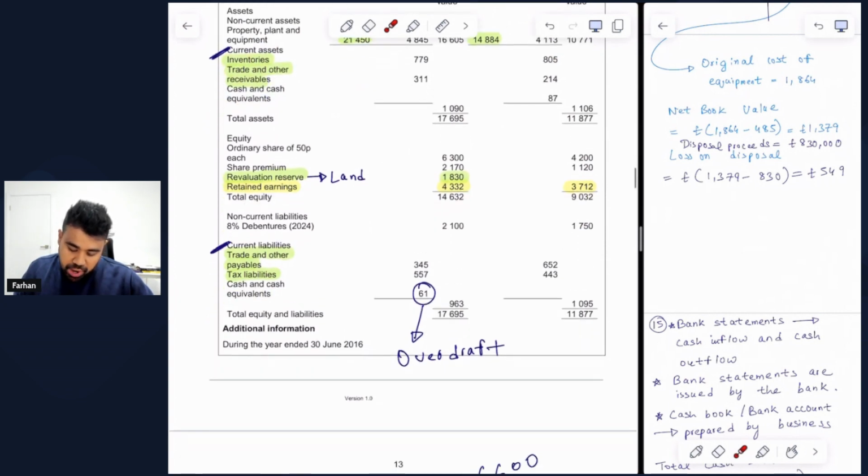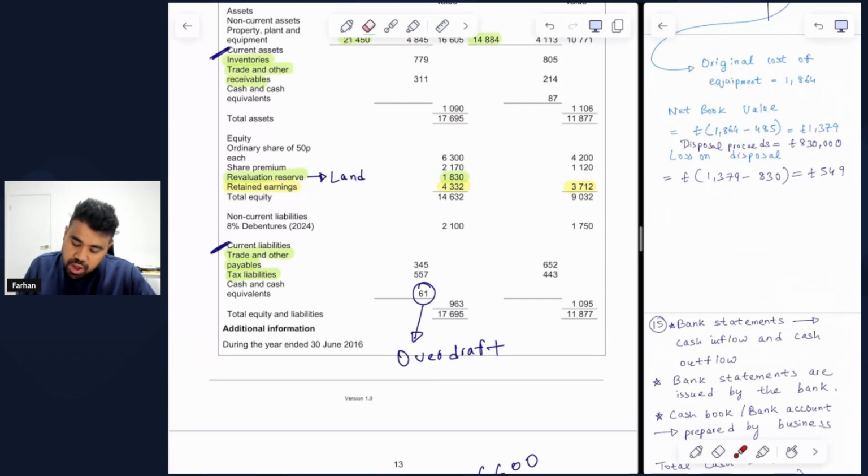So if you check trade and other payables, which is the first current liability, you will see trade and other payables in 2015 was 652, but in 2016 it's 345. Now, who are the trade and other payables? The trade and other payables are also known as the credit suppliers of the business. The credit suppliers of the business are a financial obligation to the business, which means if the balance for trade and other payables has decreased since 2015 from 652 to